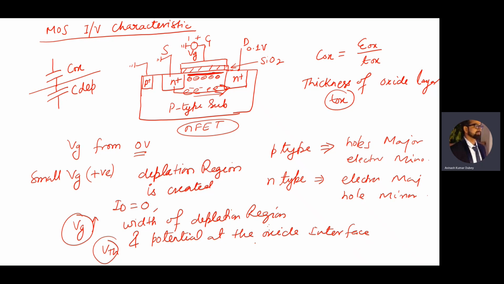Then the current which is flowing opposite to the flow of electrons, we can say, is the drain current. Because of this electron flow, the channel of charge carriers is formed under the gate oxide between source and drain. And finally we can say the transistor is turned on. Our transistor is turned on.